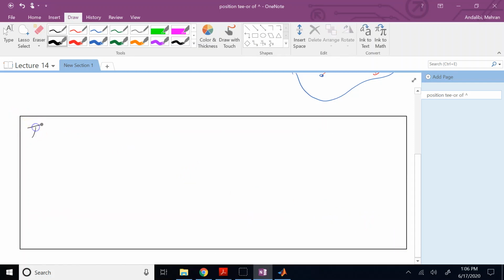So this theorem says, if the magnitude of A is constant,